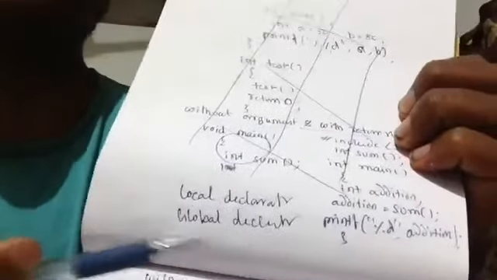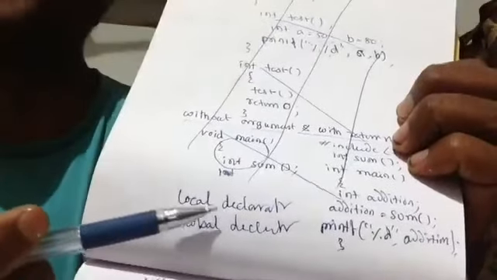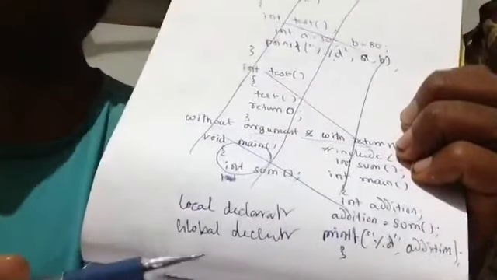Local declaration and global declaration, like local variable declaration and global variable declaration. Global means, you see, we are using function subprogram as I have already mentioned. Are you hearing me? Yes, sir. In function subprogram, we can add more programs together and call them in the main program, isn't it? You can make more subprograms and call them in the main program. Yes, sir. This is called function subprogram.